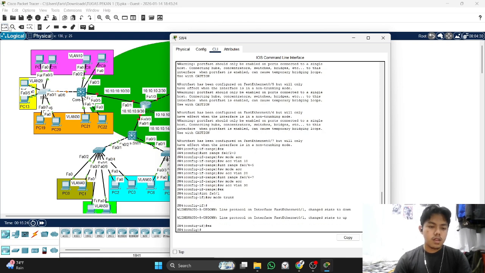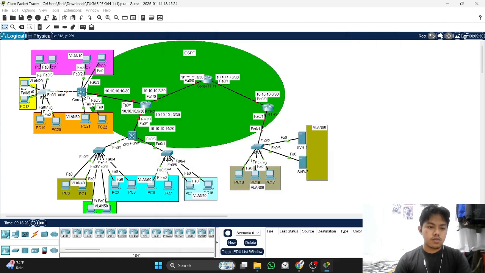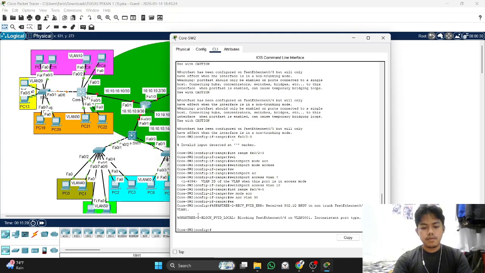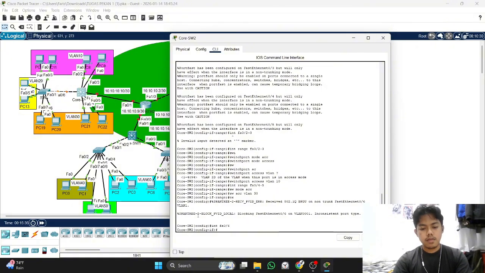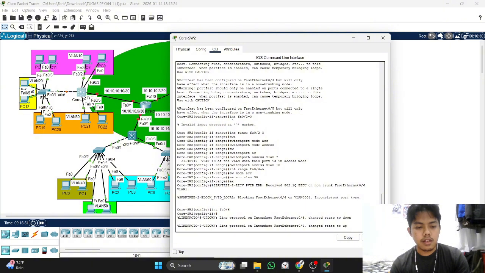Okay, we go to core switch 2. We look for the interface going to switch 4. On the MLS, it's a different way.